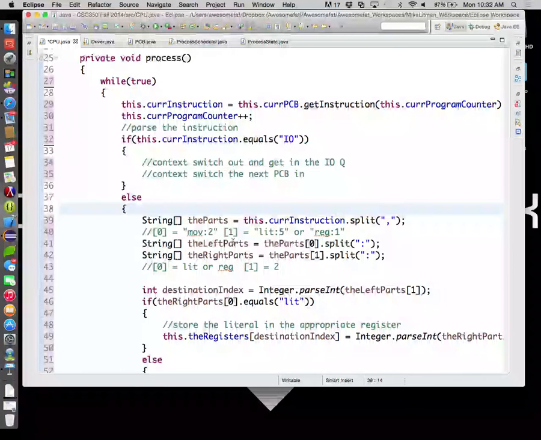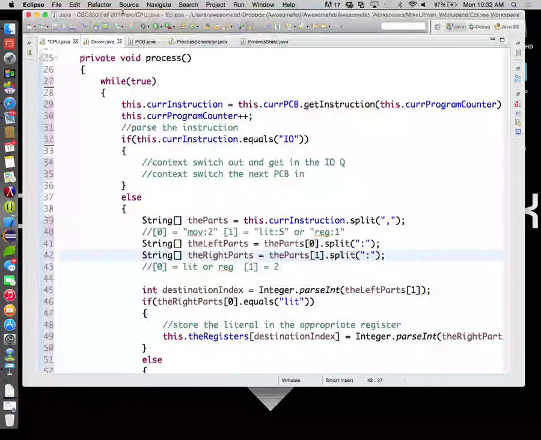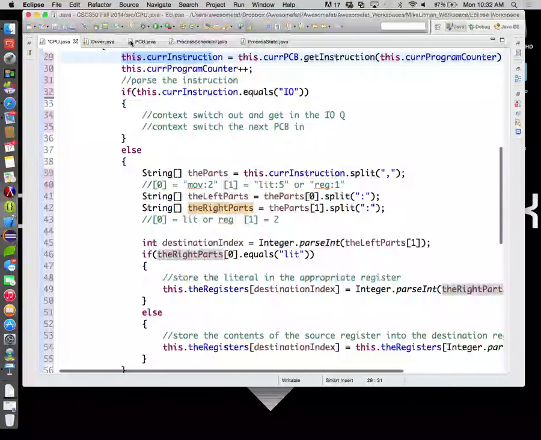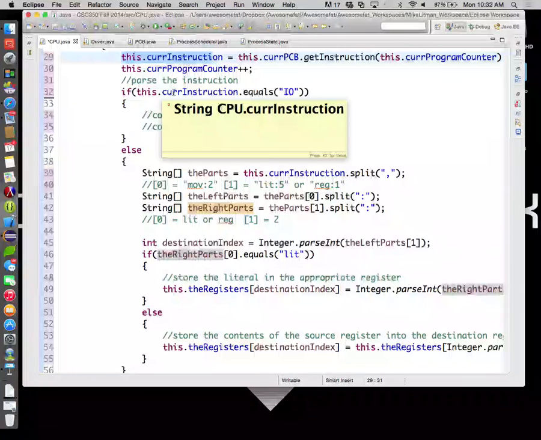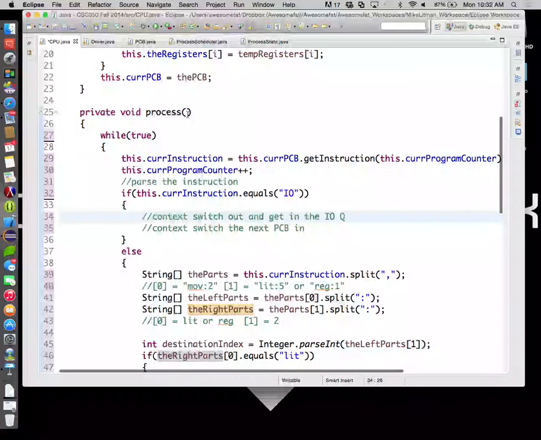At some point, we're going to have to do some context switching. But for right now, we're just going to say, look, keep processing until further notice. That's what this loop says. Okay? So forever, we're going to get the current instruction, increment the program counter, determine what kind of instruction it is, process, process, process, rinse, lather, repeat. Make sense? All right. Now, if we do it this way, I don't want to give it away yet. I want to see how smart you guys are. My expectations are low,